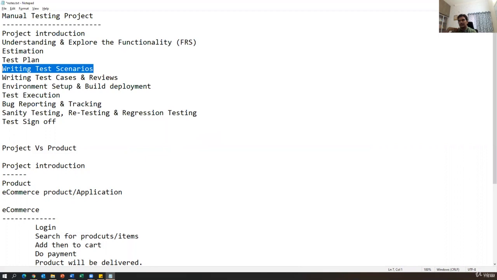I have a document, I already prepared some scenarios, I'll show you, and based on that you guys also try to understand the scenarios, try to find more scenarios in your application. So